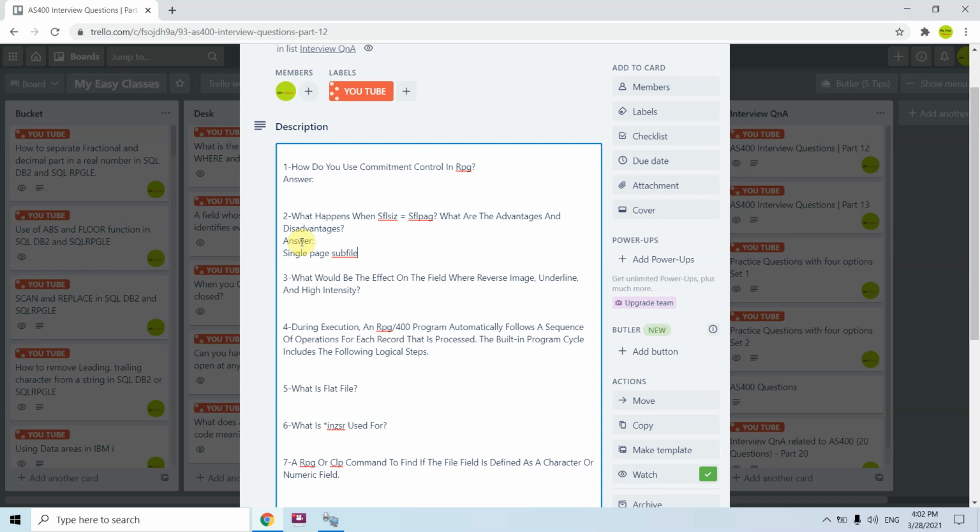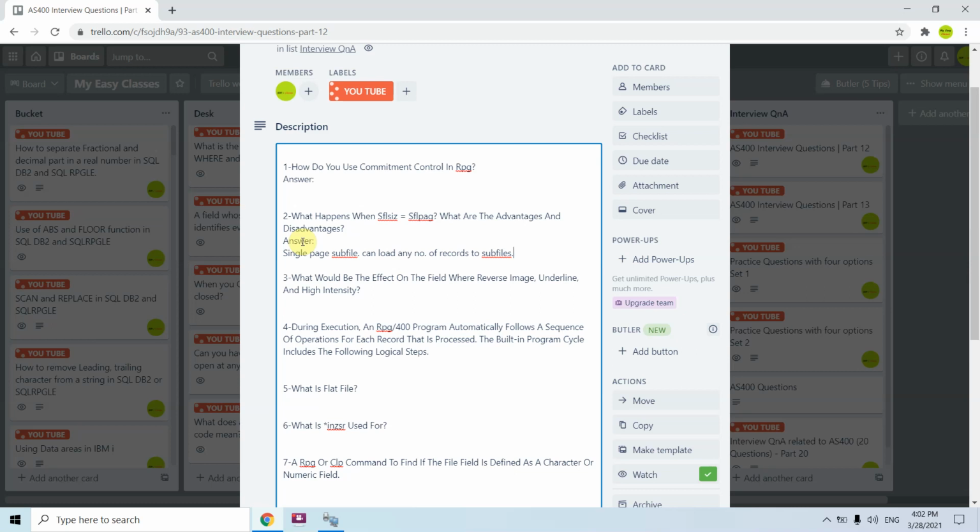The advantage is I can load any number of records to the subfile, since other subfiles cannot load more than 9999 records; they have a limitation, like load all and expandable subfiles. But in this case, we are always loading SFL size number of records.